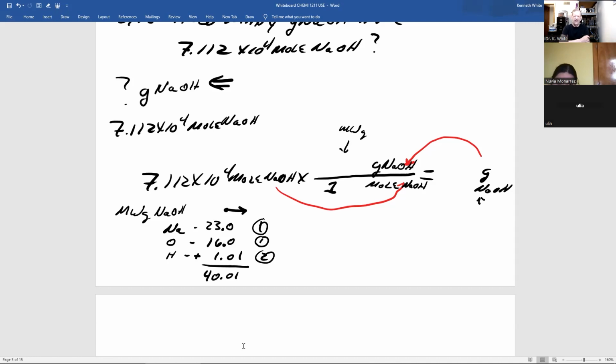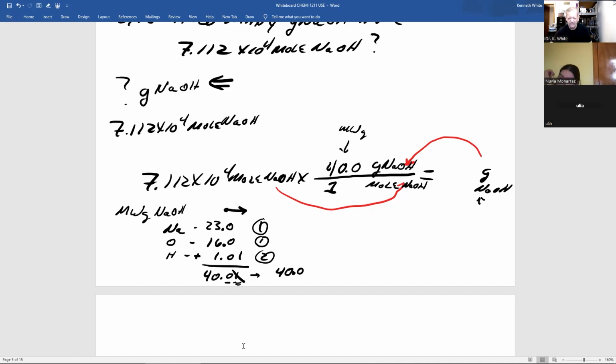When you do addition, you get the same number of significant figures to the right of the decimal as the number with the fewest. And what's the fewest? Hopefully I'll pick 1. So I keep the 0, use the 1 to round off, that's 4 or less. I'll drop it, and therefore the correct answer for the molecular weight of sodium hydroxide is 40.0,